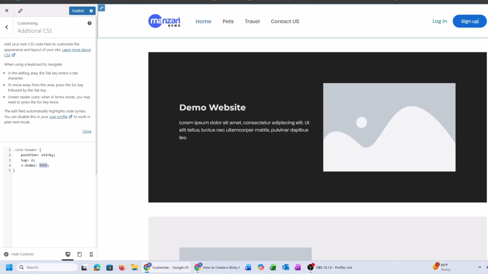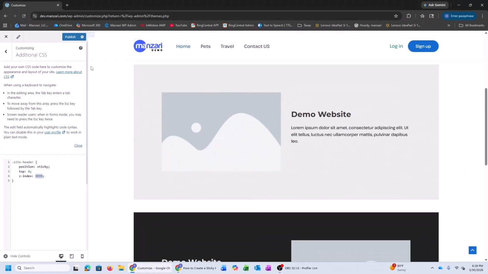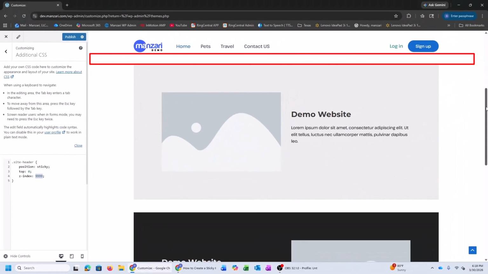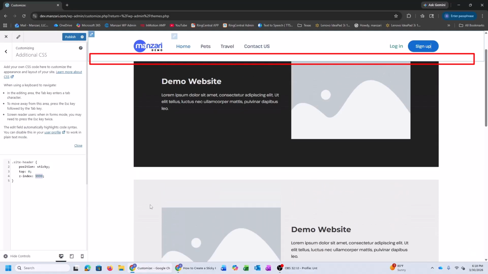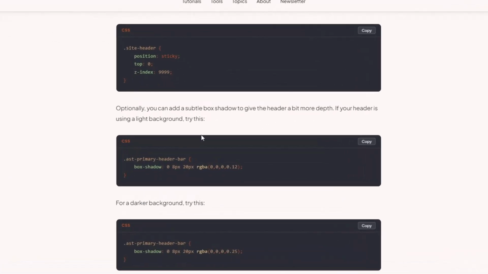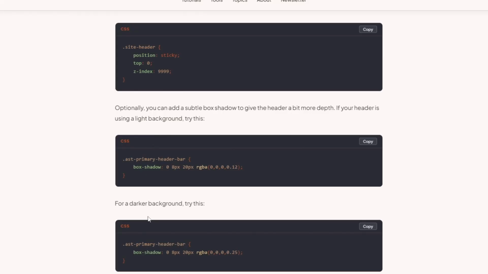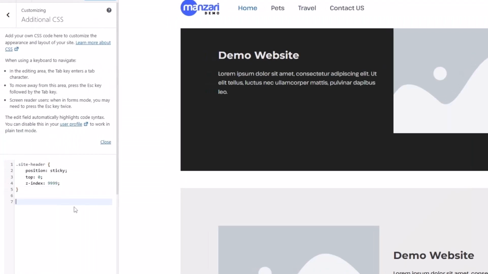Now, while this does look good, having a little bit of a shadow behind it would make it pop out a little bit more. So if you go back to my site, there's a couple other blocks of code here. If you have a light background, in which case I do have a light background since the background is set to white, we can just go ahead and copy this code right here and just paste this right underneath the